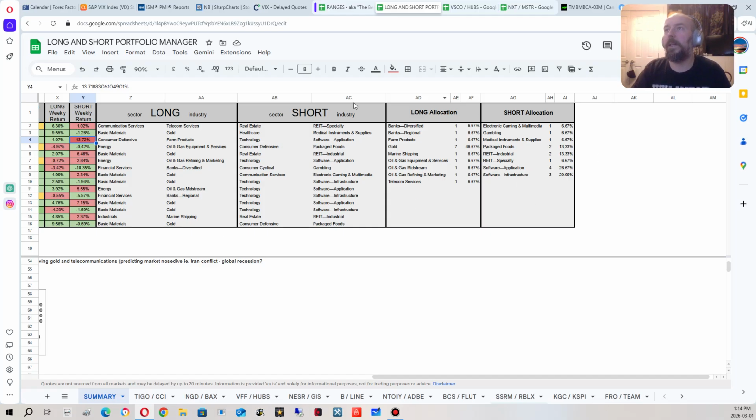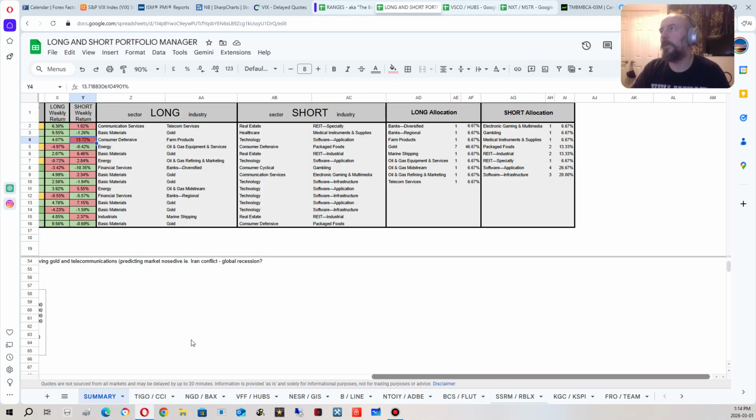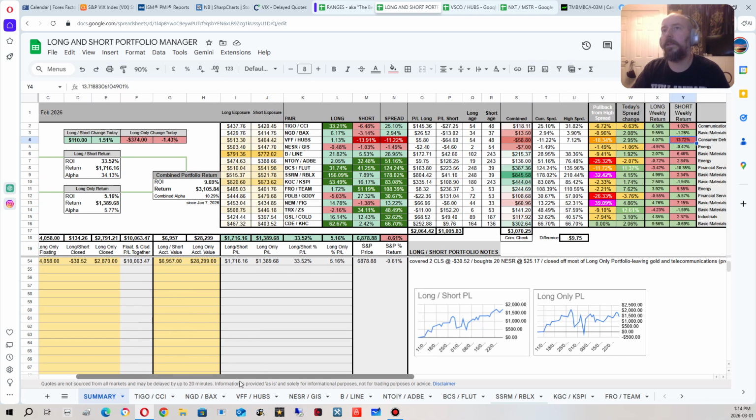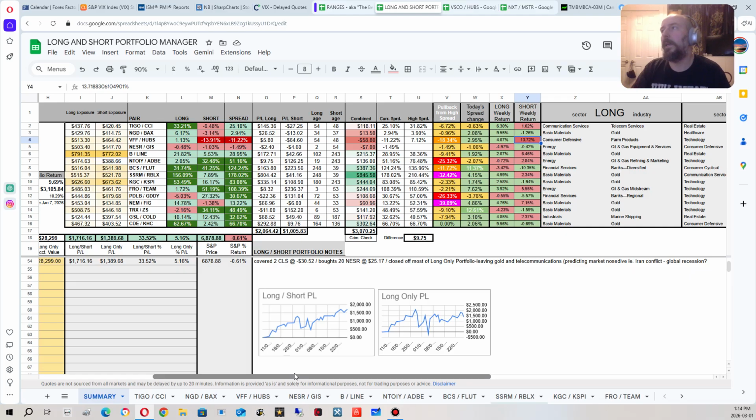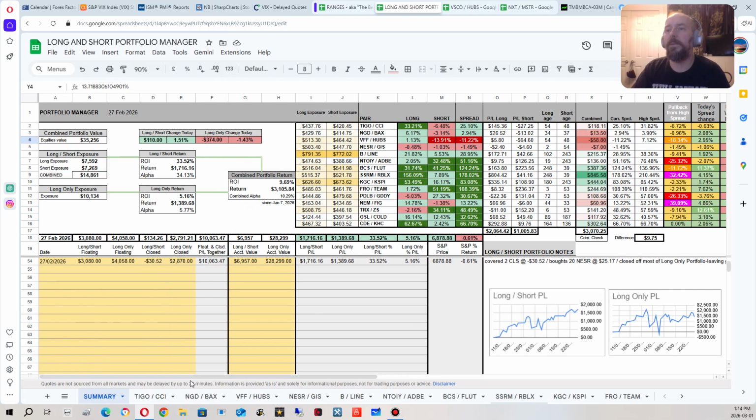And these are industries and sectors. Long side, short side, long side, short side. You can pause this and decipher it any way you want. I'm trying to be as transparent with my portfolio. This is the actual portfolio that's currently being deployed. And yeah, if you can learn something from this, that's great. If you can't,